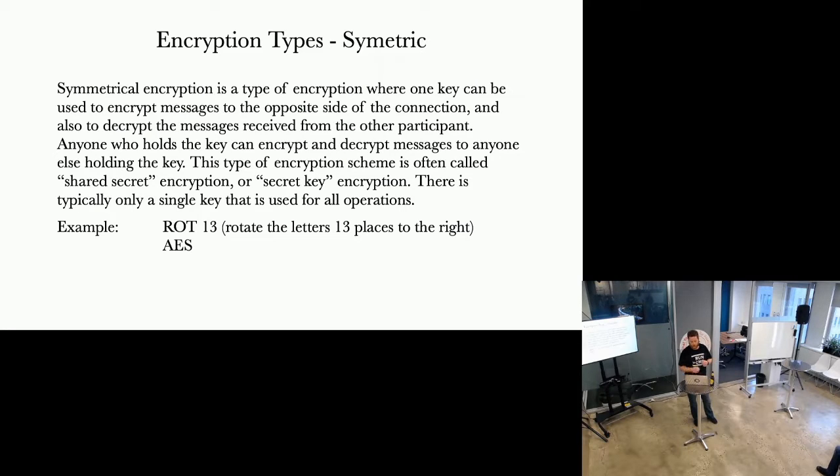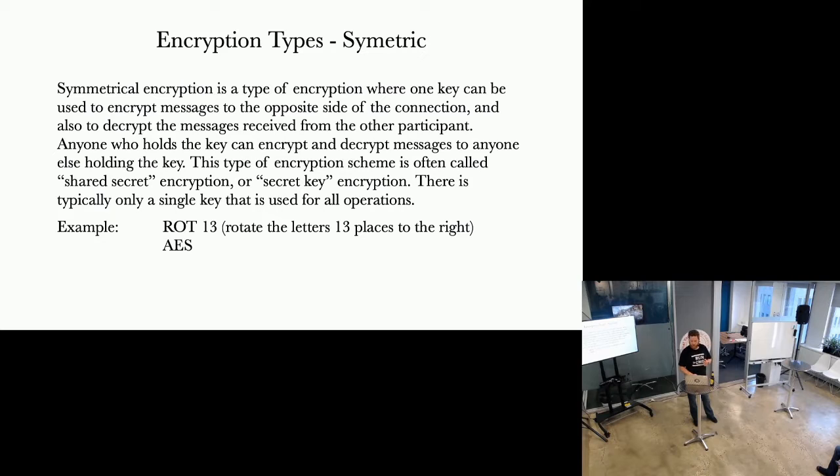Nearly all communication that happens on the internet is done through symmetric keys. So TLS runs on this exact system that I'm about to show you right now, and pretty much everything uses a symmetric key to communicate because of the speed involved in how fast it can encrypt and decrypt those ciphers.